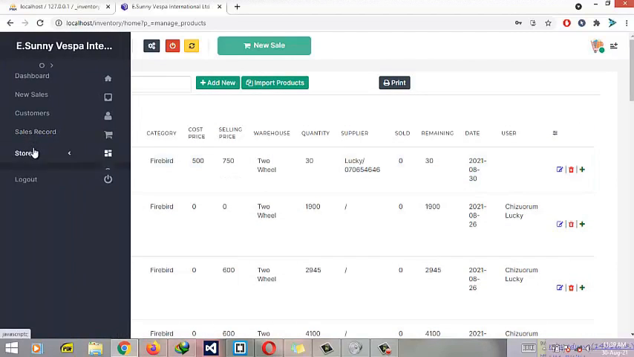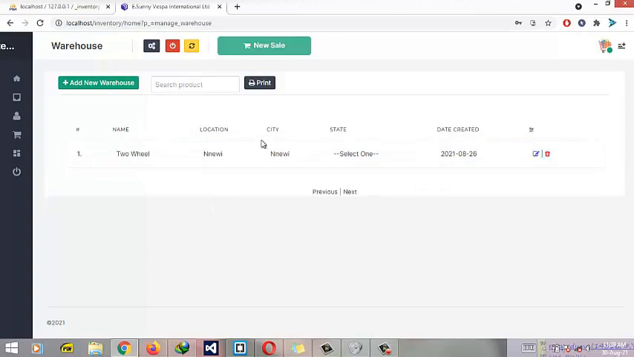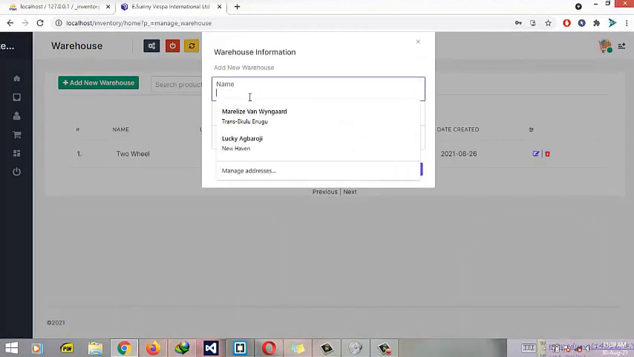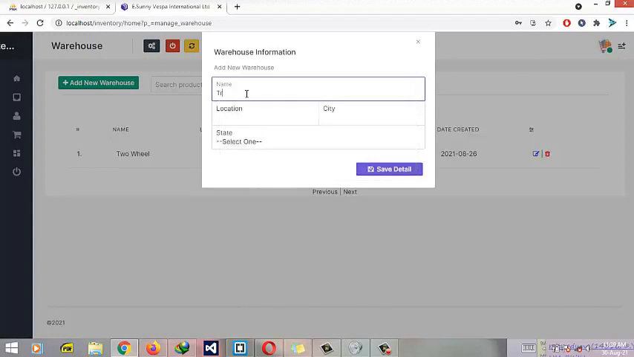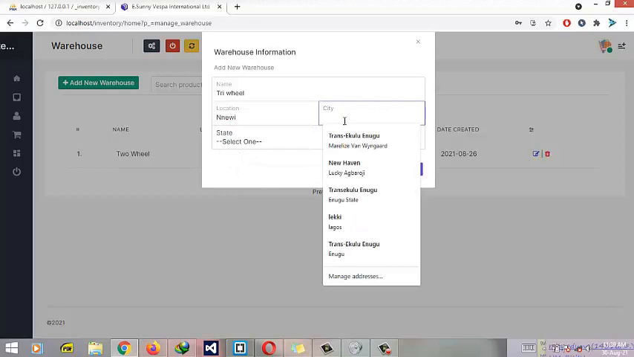Now let's get to the second one we have here, that's the warehouse. The warehouse can be added by simply clicking on the add warehouse button, and you enter a name. Say we have 2 wheel and we can have 3 wheel here. The location of the store, I can say it's located in maybe Omobi or wherever, but let me just use Nnewi here. And the city can be,